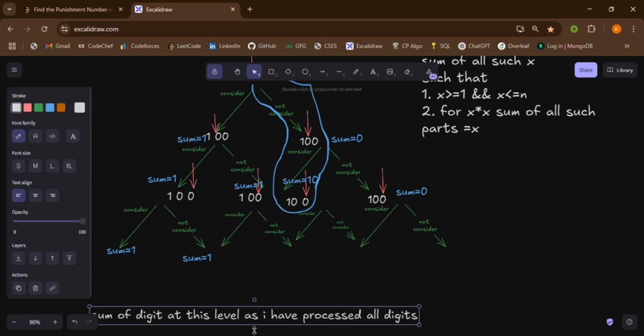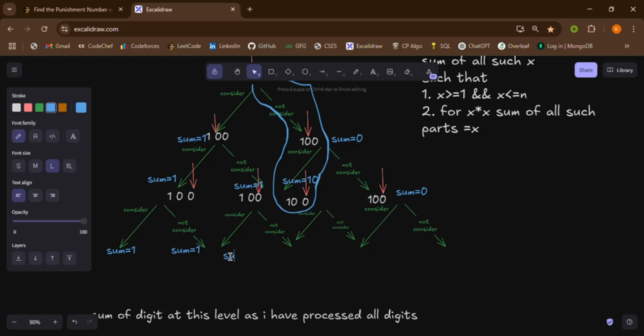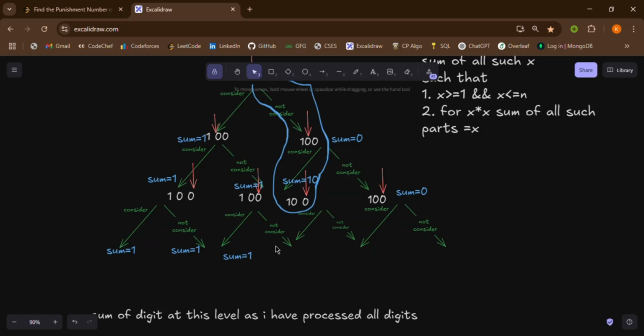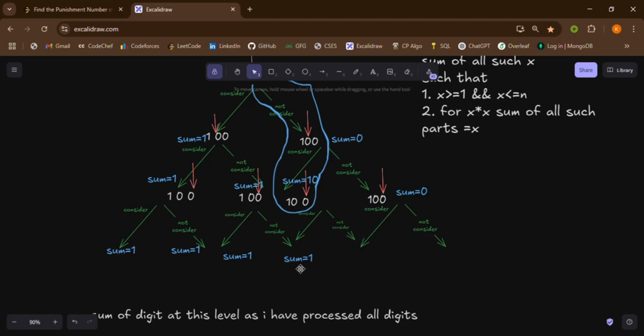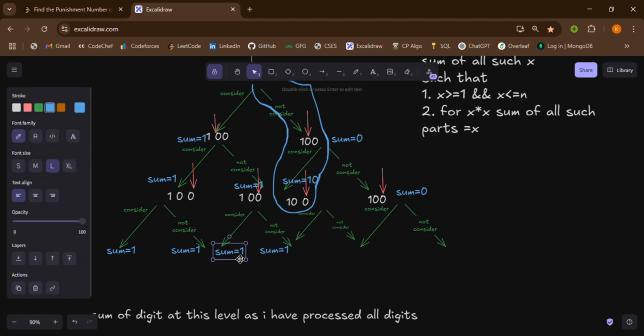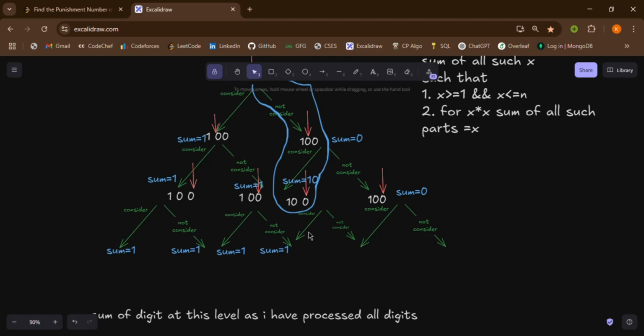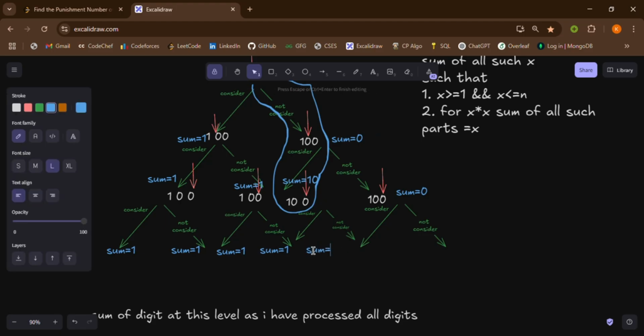Just a minute, I will do it like this, right? My sum still remains 1. Then here my sum still remains 1. Then at this point my sum still remains 1. Then, if you are getting what I'm trying to say, at this location my sum becomes 10 at this part,